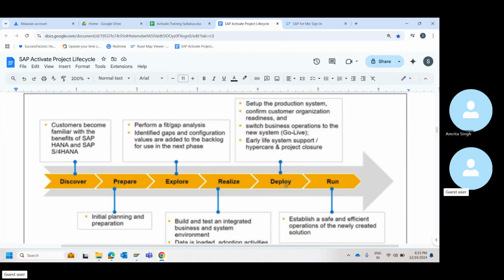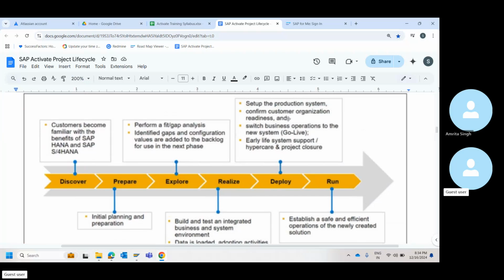Then in the next phase, deploy, we set up the production system. Then we confirm the organization readiness. This means your users have to be ready. They have to be equipped to use the system, right? Because as soon as you go live, they are supposed to do the transactions in the live production system.